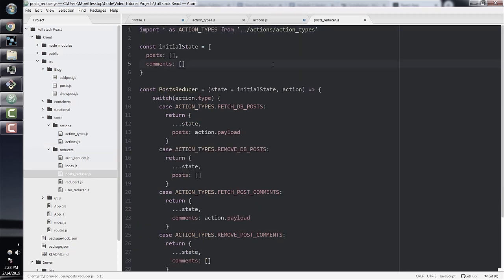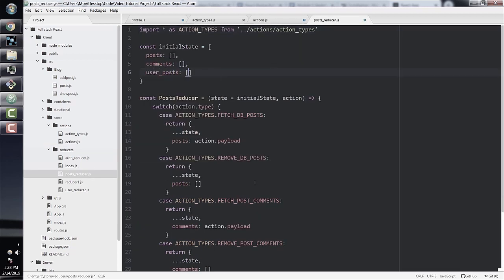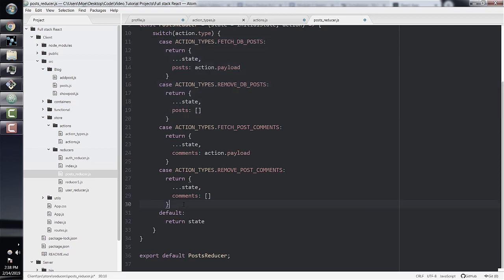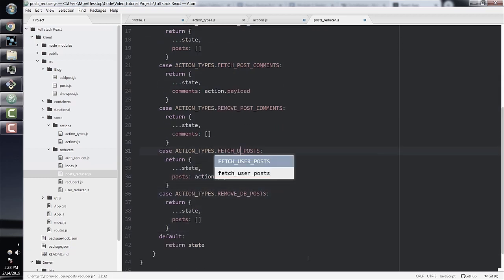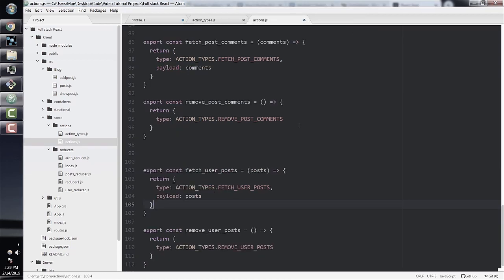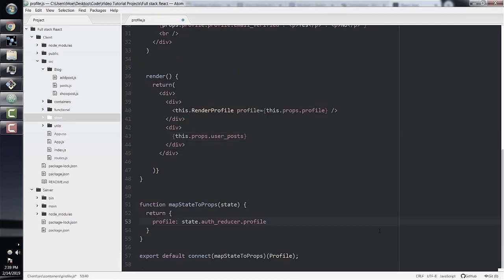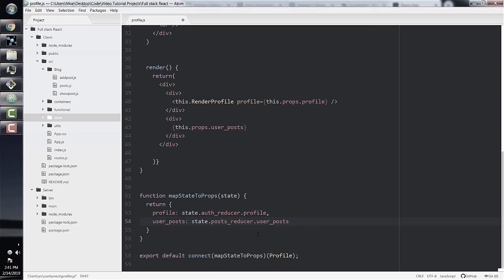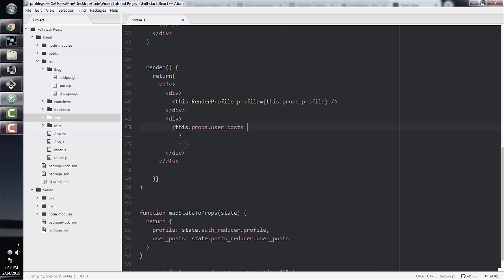And we can just copy and paste two additional case statements and set it up in the exact same way that we have comments and posts set up. So let's now save and close all our files and go back to our profile.js. Now we can declare the user post property we just created and set it in our map state to props function. Now that we have the actions and reducers set up, we need a way to get the user posts